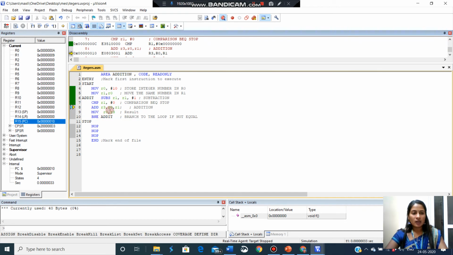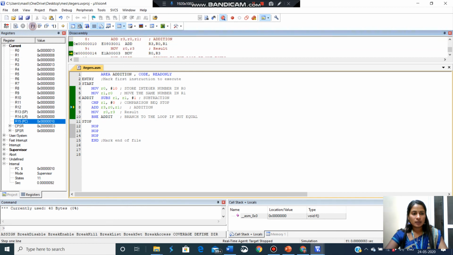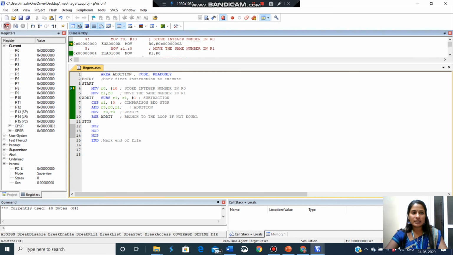Next we are adding R3 and R0 and R1. R0 is A. R1 is 9. A plus 9, 10 plus 9, 19. The corresponding hexadecimal value we will get, so it is 13. So one by one we can add to get the final answer. We know that we should get 37. We calculated already that 37 we have to get. So each time we can press step. Otherwise you can do one thing: reset,